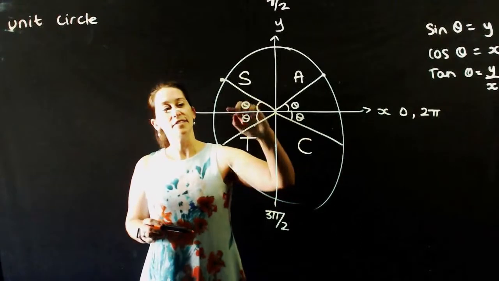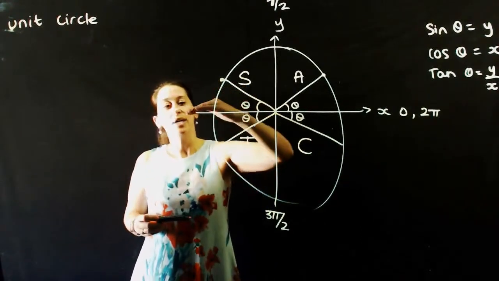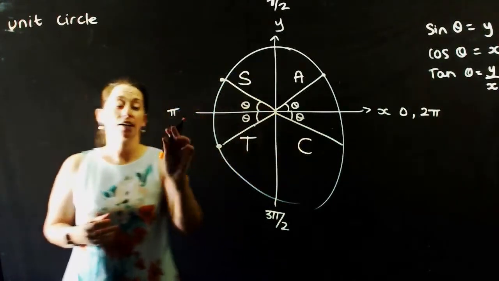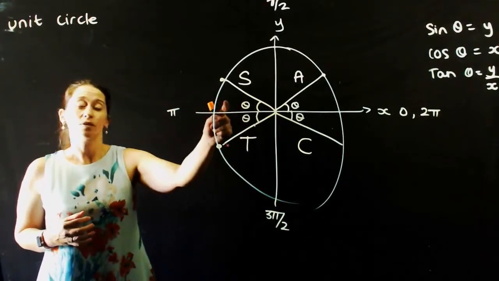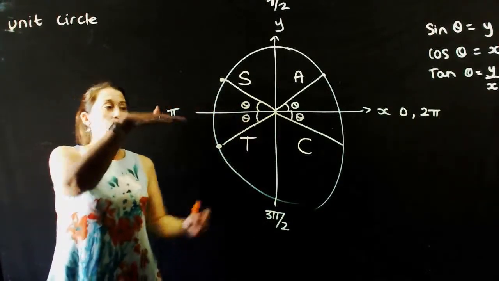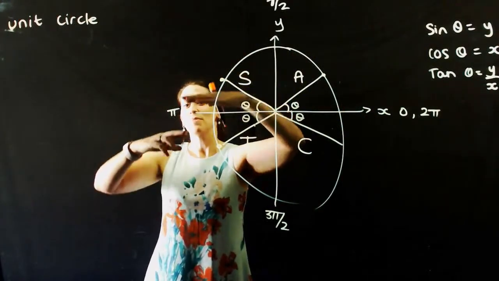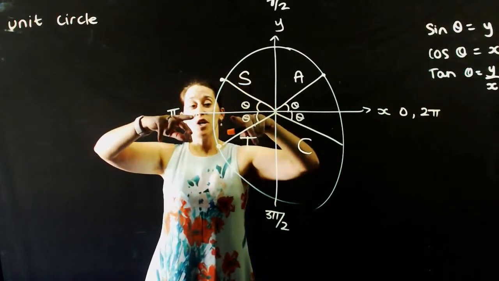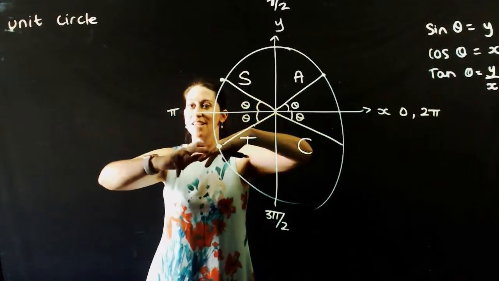Looking at this, the size of theta, whatever it is, we can work out what this coordinate would be, or the value, depending if we're looking at sine, cos or tan, by subtracting it from pi. Pi subtract theta will work out the values in this quadrant. Because remember, the unit circle goes around this way, so these are all bigger, bigger, bigger. If we want to go backwards, we need to subtract. Again, if we want to know the size of this one, if we have theta,